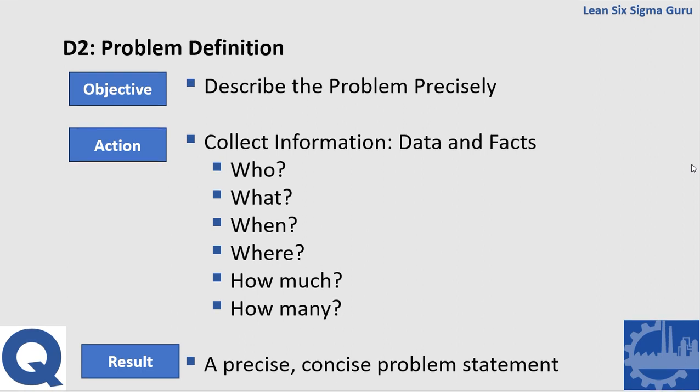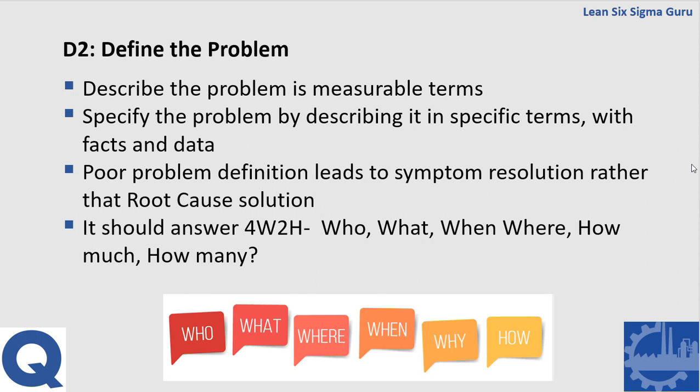There are many pitfalls along the way. We want to make sure we describe the problem in measurable terms. Specify the problem by describing it in specific terms with facts and with data. In doing this analysis, always speak with the data. Don't say your opinion, say what the data says. A poor problem definition leads to symptom resolution rather than a root cause solution. So if we define the problem poorly, then we end up fixing symptoms that may or may not take care